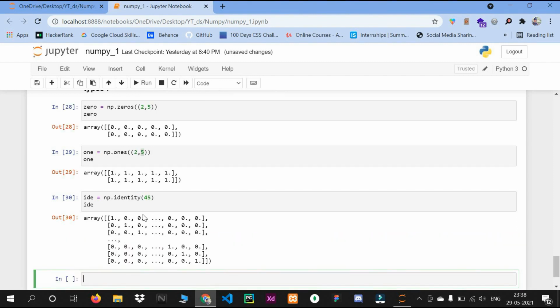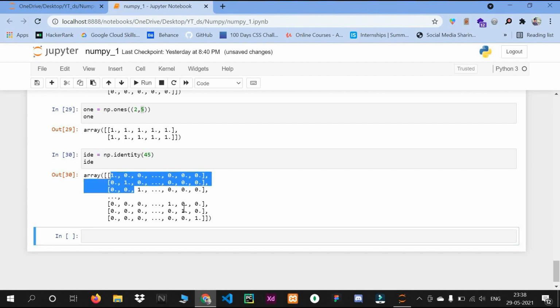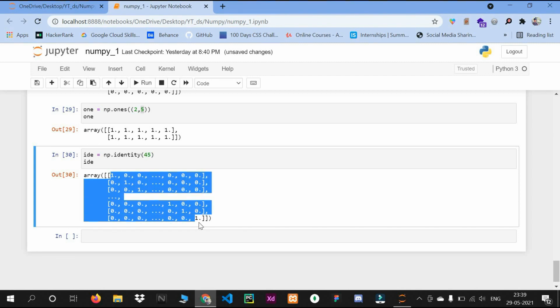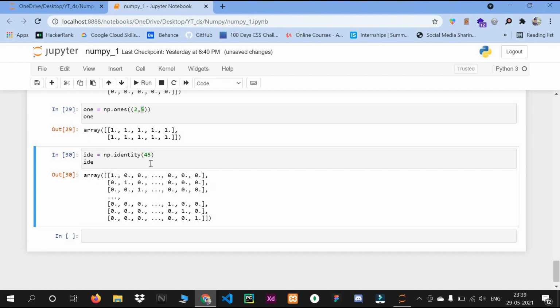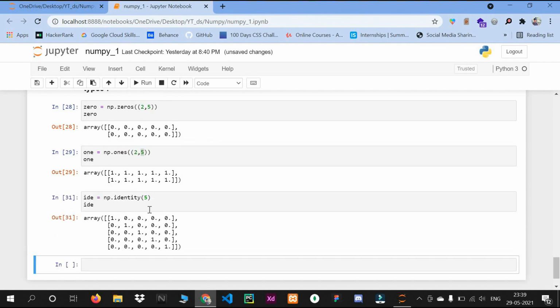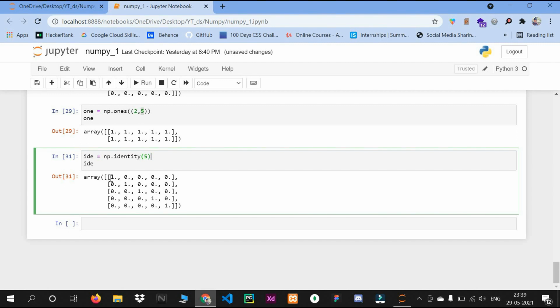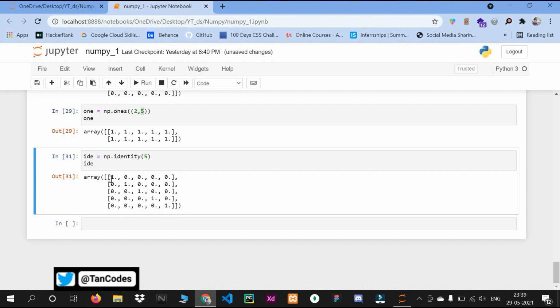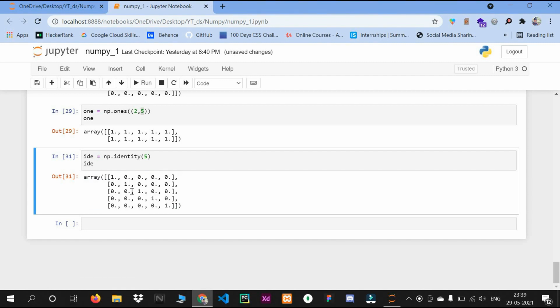You can see the diagonal elements are 1 and all the remaining are zeros. I will take a smaller number, let's say 5. You can see it gave me a 5 by 5 matrix, with diagonal elements 1 and the remaining 0.